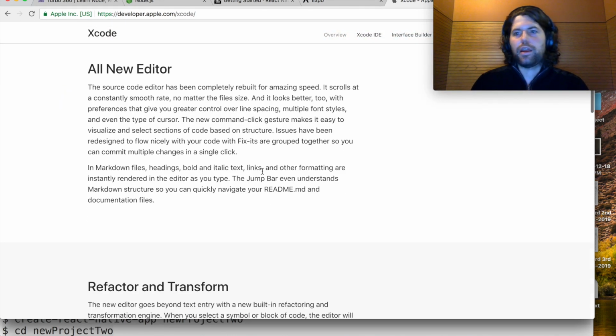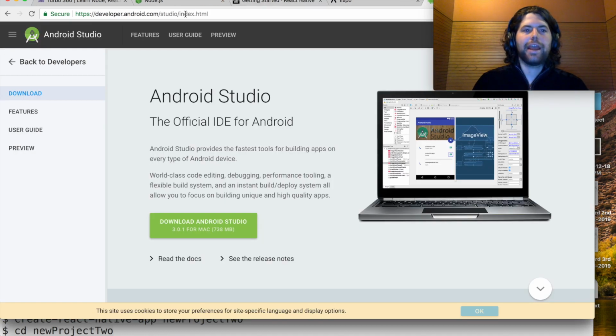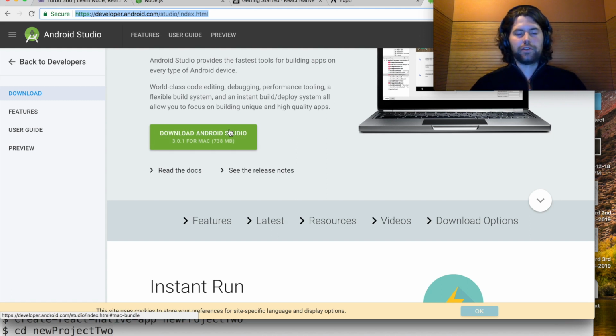For those of you going to be making Android apps, let me get this out of the way. You need Android Studio. Again, just Google Android Studio. It's the first result. Download it. It's going to take 700. Both of them are going to take a while, so download them, install them, make sure they run, and pause the video. So just to show you,